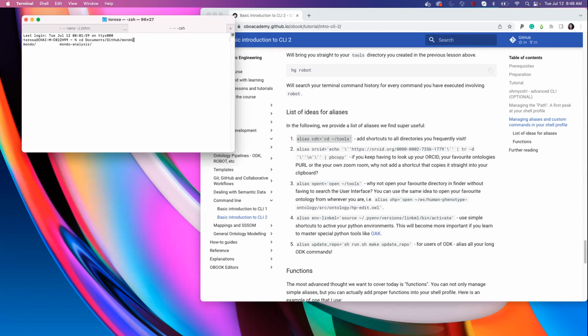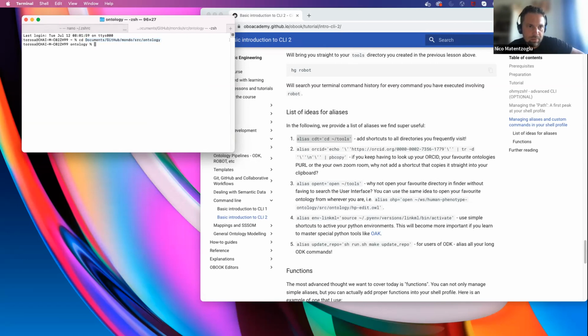Excellent. You can also just go in there and type pwd and copy that path. So pwd prints the location. Now you can copy this path